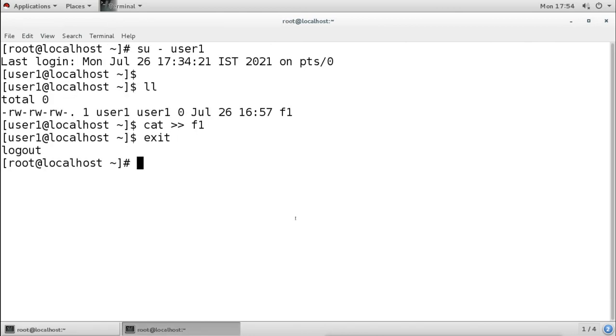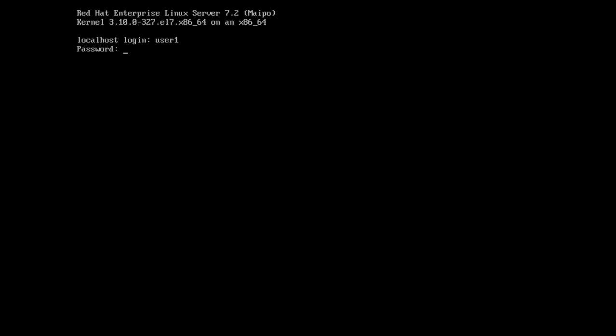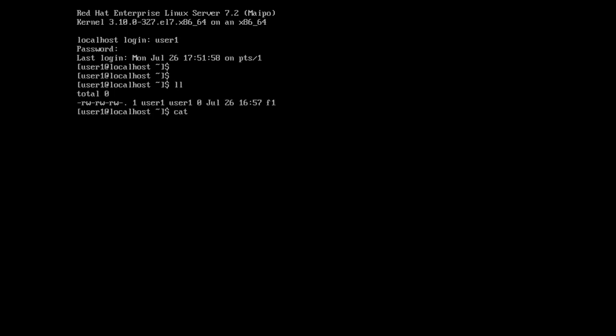Okay, what I will do here, it will make a little confusion, so I will go to the exact terminal. I will go to the other terminal here, and here I will log in as user 1, and here I will open the file to edit or append. Now it is running and run by user 1.